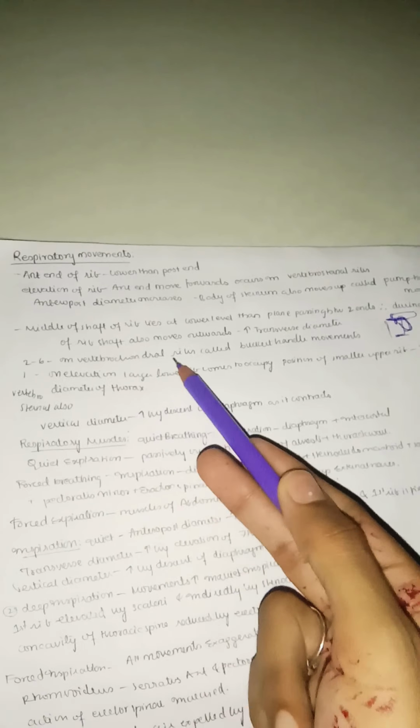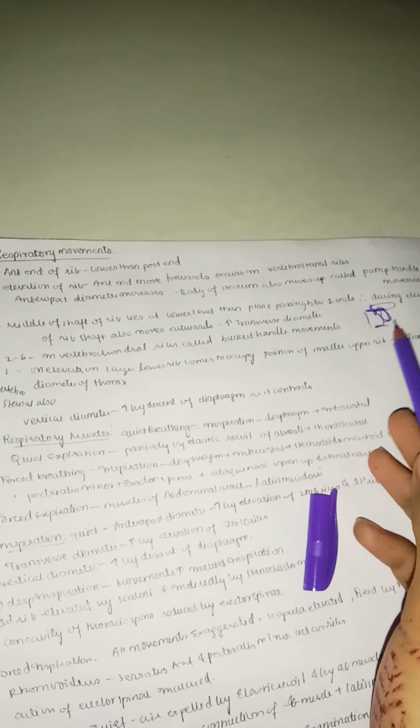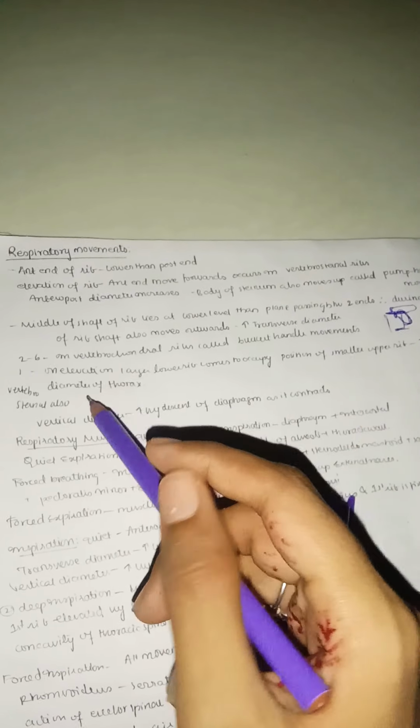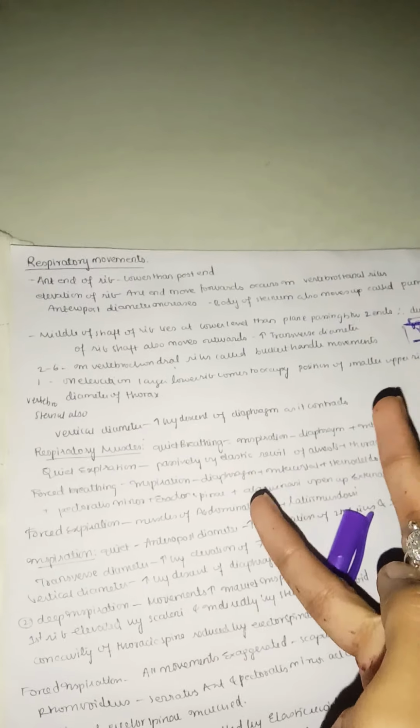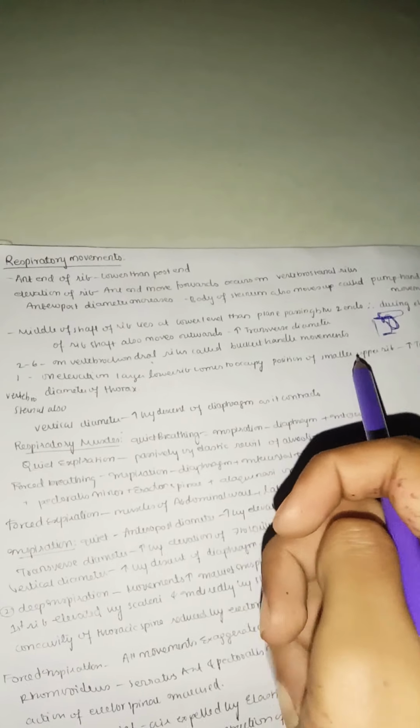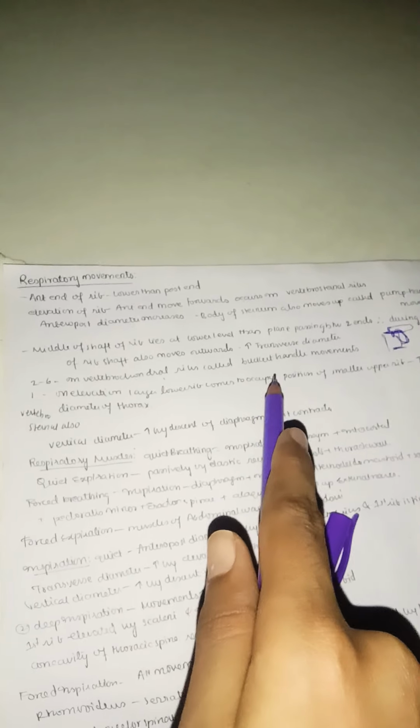Why vertebrochondral ribs? Because mainly the cartilages are involved, which increase this transverse diameter. So vertebrochondral ribs are called bucket handle movement. Also the 2nd to 6th cartilages of vertebrosternal ribs are involved here, but remember mainly vertebrochondral ribs are involved in transverse diameter. In anterior posterior diameter, the sternum is involved, and it is a pump handle movement. This is a bucket. Now we will create a story. First you pump the water, next you take the bucket. In the pumping of water, the anterior posterior diameter is increased, and in the bucket movement there is an increase in transverse diameter because of vertebrochondral ribs, and the pump handle movement is due to vertebrosternal ribs.